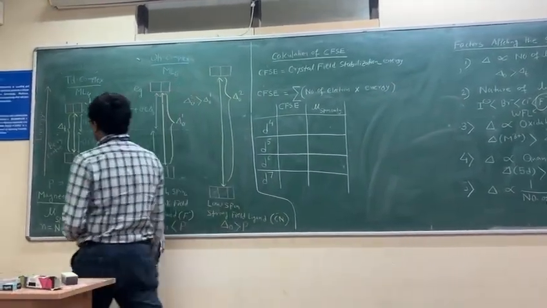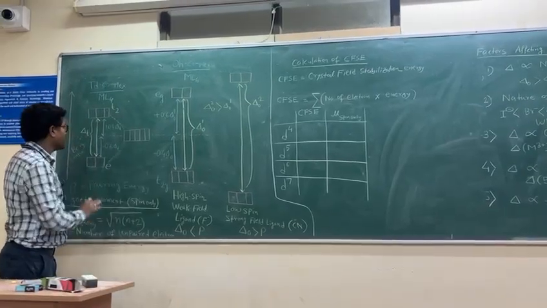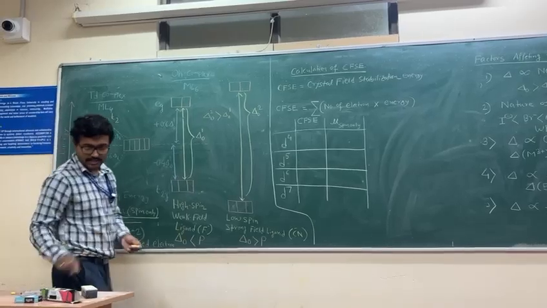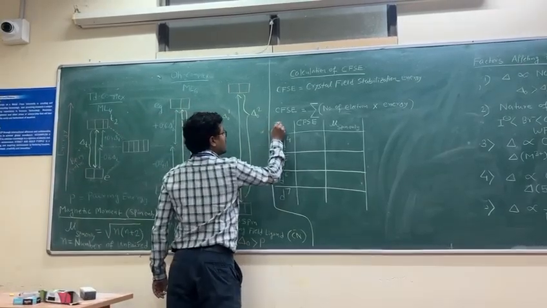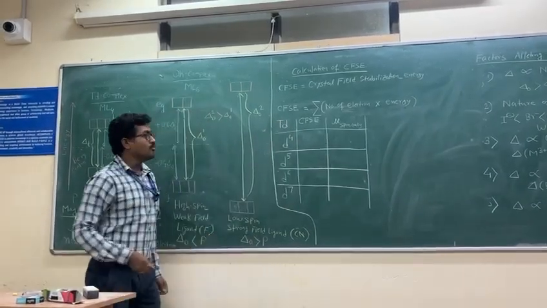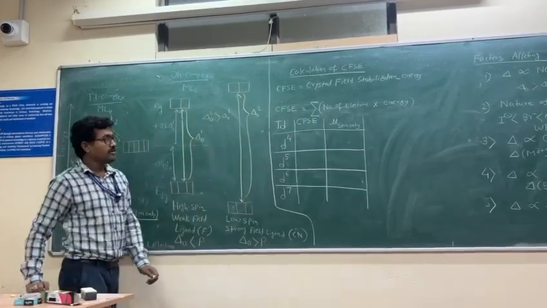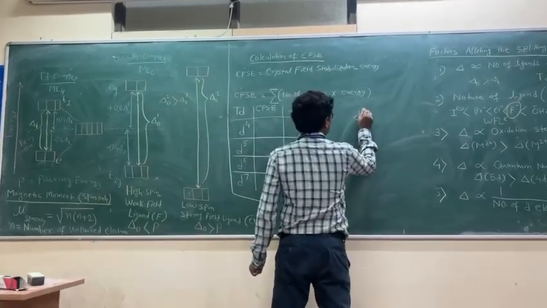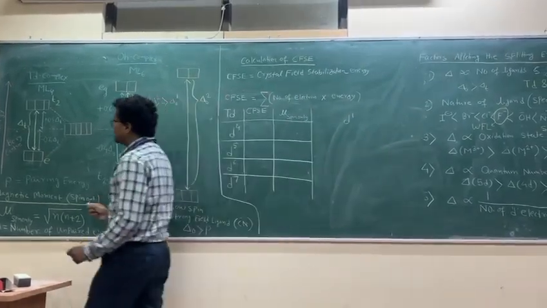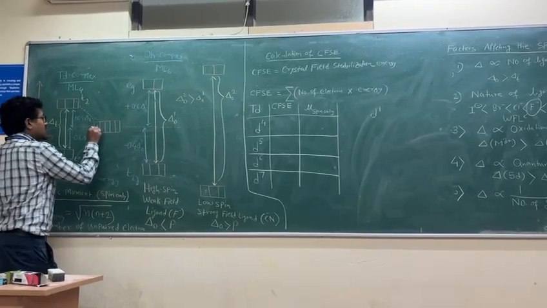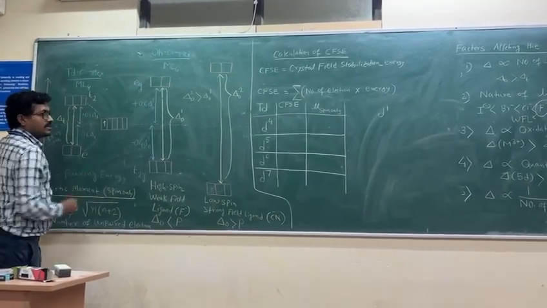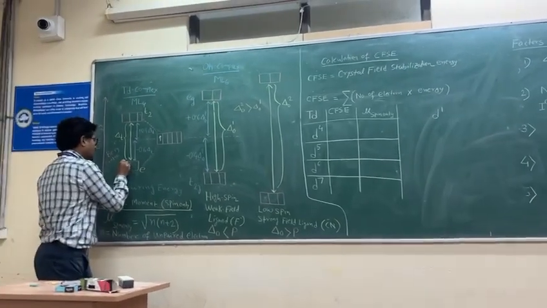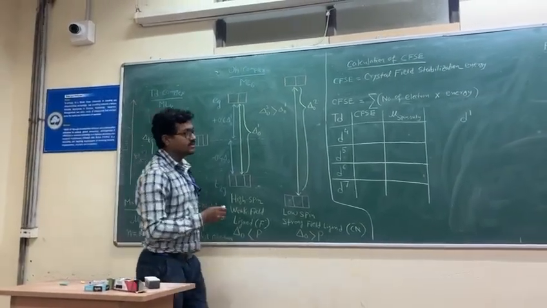So we already discussed the splitting pattern, already we know. If there are some electrons, in the case of tetrahedral, first we will discuss the tetrahedral case, Td. So our formula is number of electrons into energy. Now, for example, if we take d1, one electron is present here. In the case of tetrahedral, this electron will come to the lower energy level here. Right? So the CFSE value for the d1 system will be